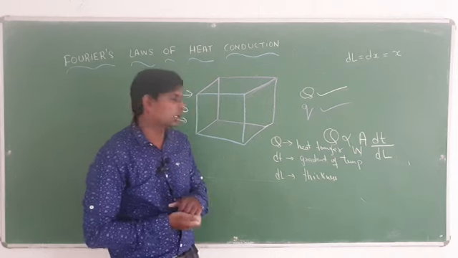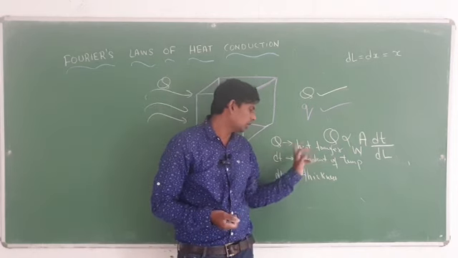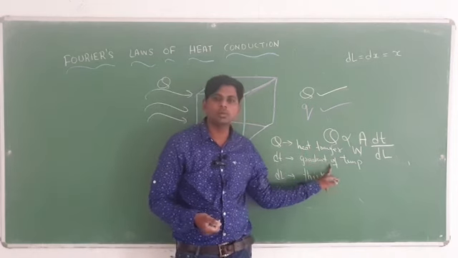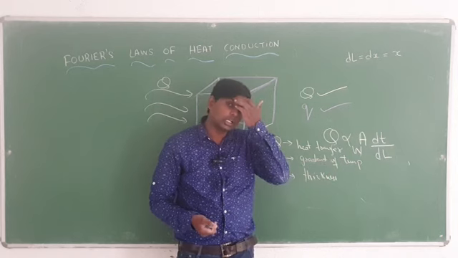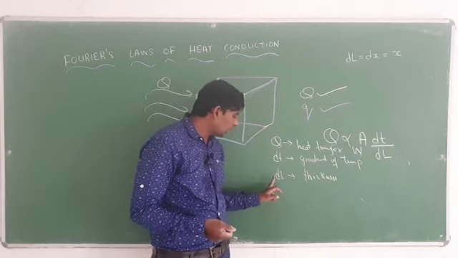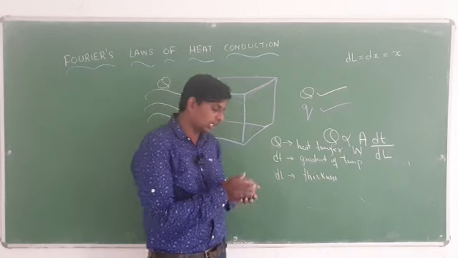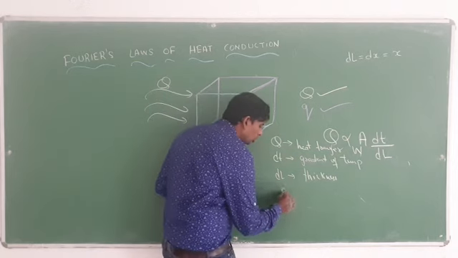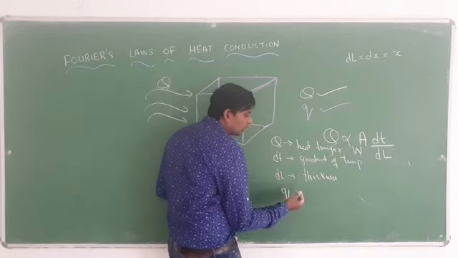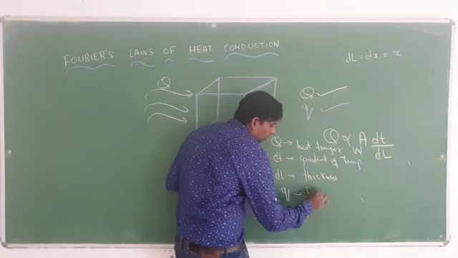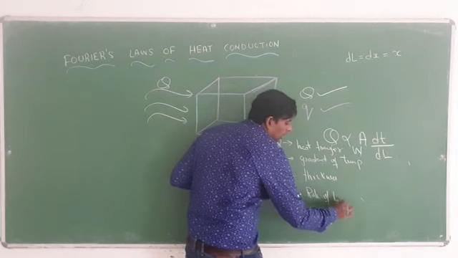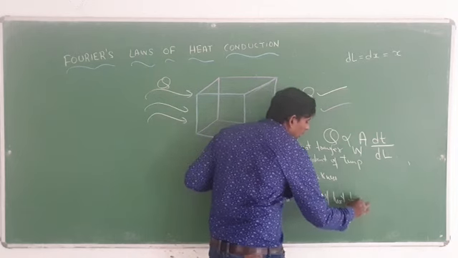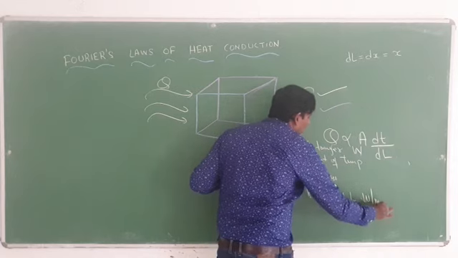You have to remember that Q is equal to heat transfer, dT stands for gradient of temperature, and dL stands for thickness, and small q is also there. Small q is known as rate of heat transfer. You have to remember rate of heat transfer, unit is watt per meter square,